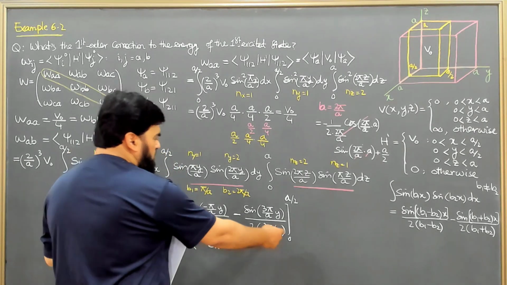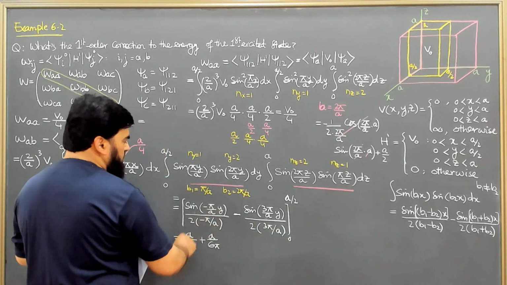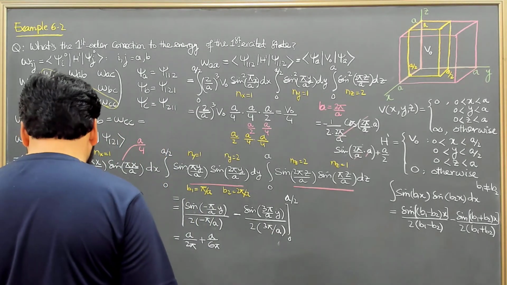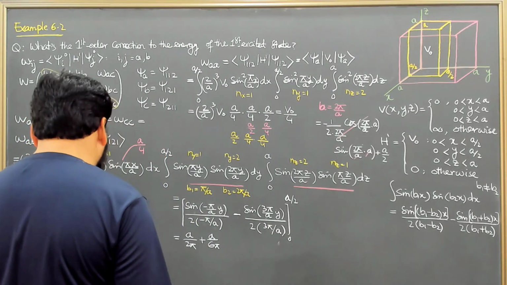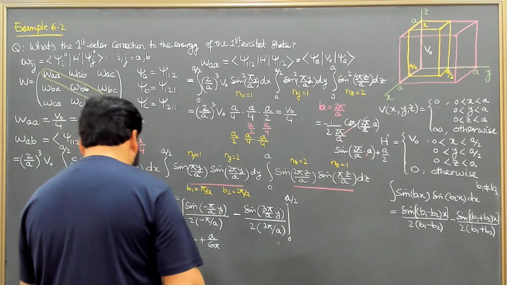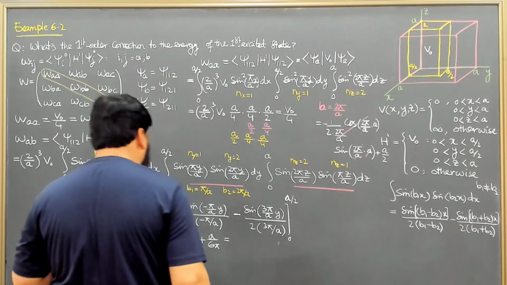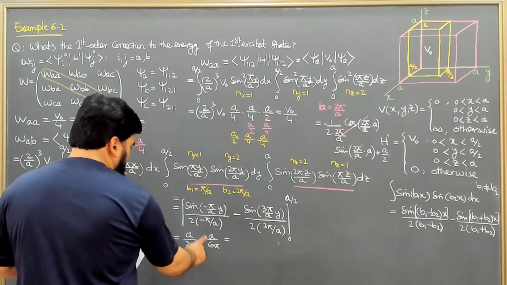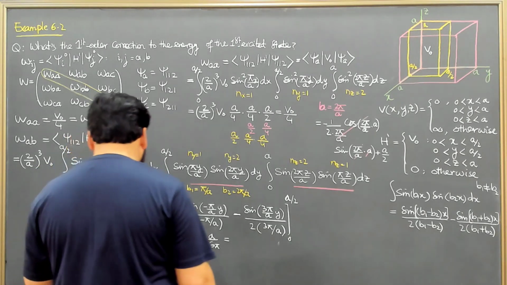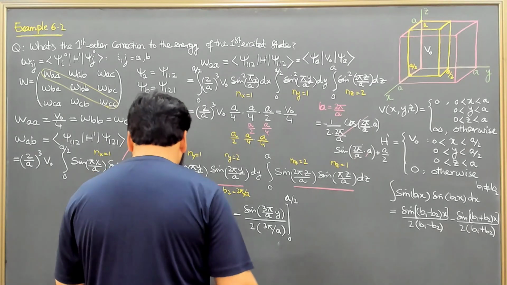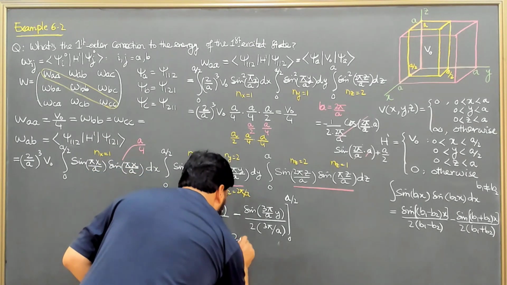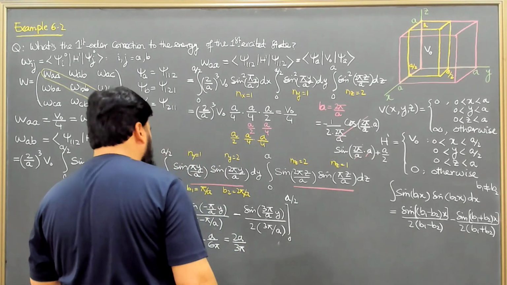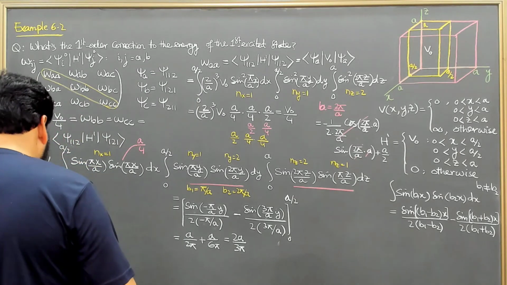And when I put the next limit 0, sin 0 is 0, this term is gone, sin 0 is 0, this term is gone, so the 0 term is not contributing, and we have a over 2 pi and a over 6 pi. If I take a over pi common, then I have 1 over 2 plus 1 over 6, and I take the LCM and simplify, I get 2a over 3 pi. So 2a over 3 pi from here. Similarly,